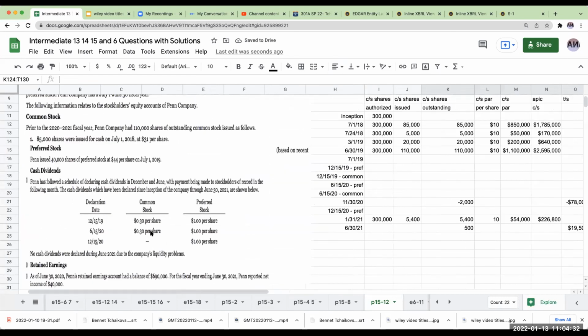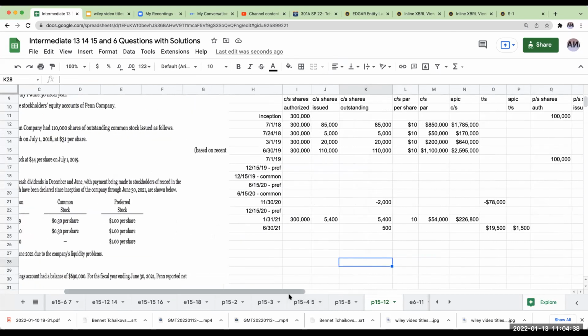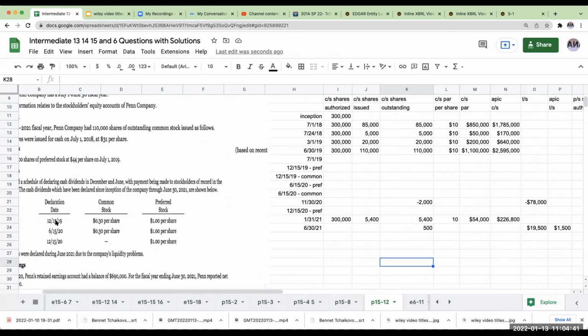So for the common shares outstanding, we're paying 30 cents per share. Now, the question becomes, on December 15th, how many common shares did we have outstanding? We're lucky because for us, the preferred stock sale was not done until later. So this happened after the issuance of basically the repurchase of the shares. So my dividends for common, for 12/15/19 and 6/15/20, my shares